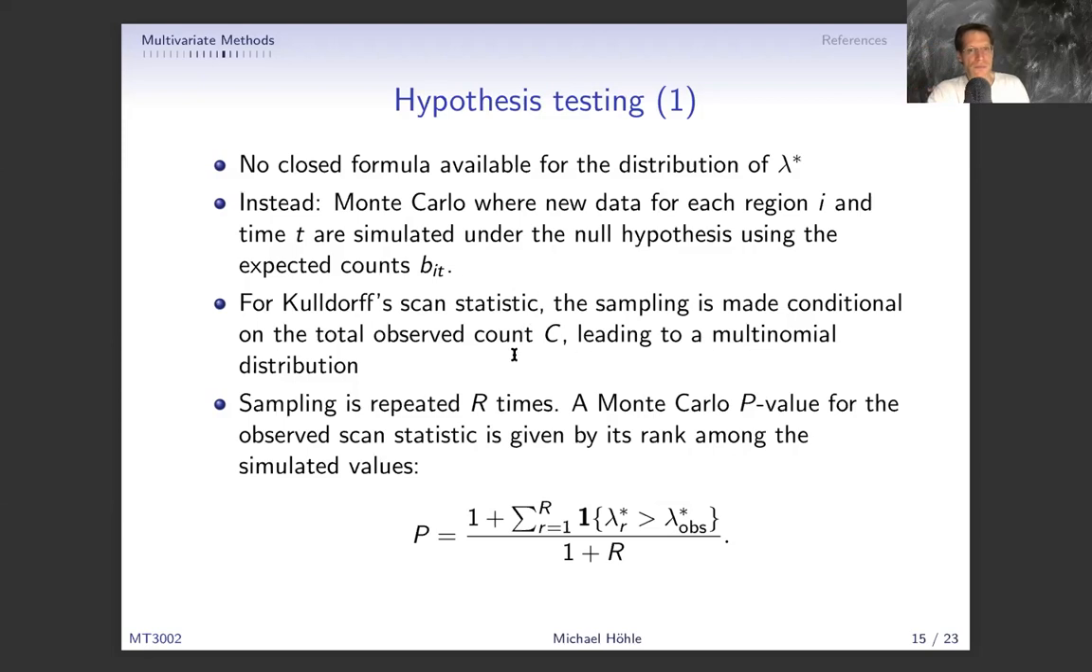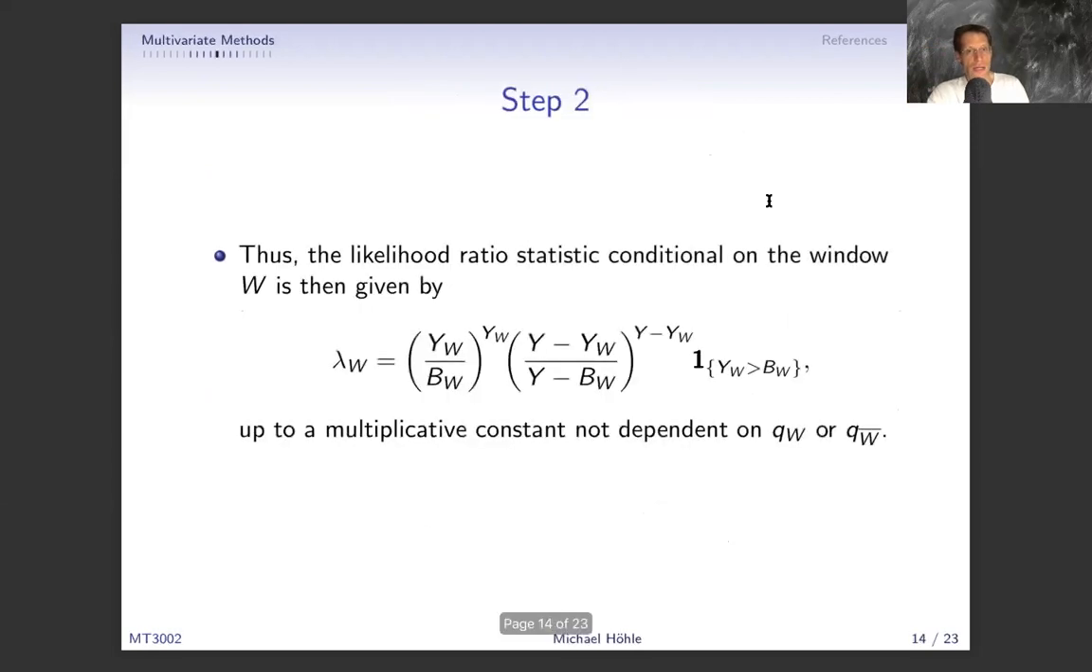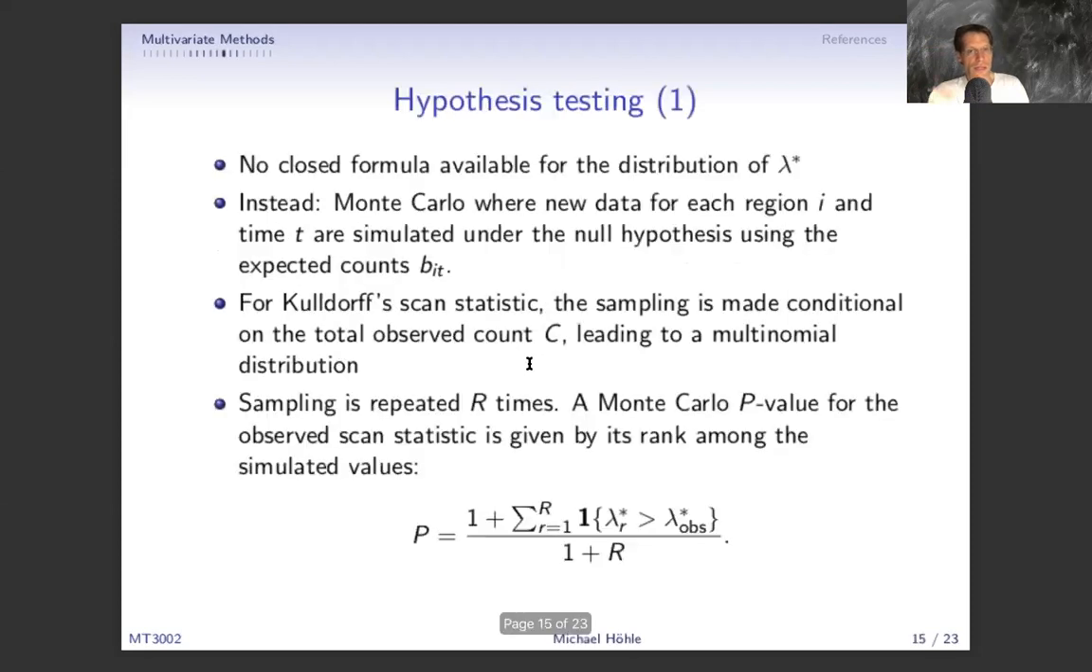And once you have that, you get one count. You can compute your lambda as before, like this, and then you will get a series. If you repeat that, and we will repeat that r times, you will get a series of likelihood ratio values. And what you then do is you simply count the rank that your observed value has within this Monte Carlo